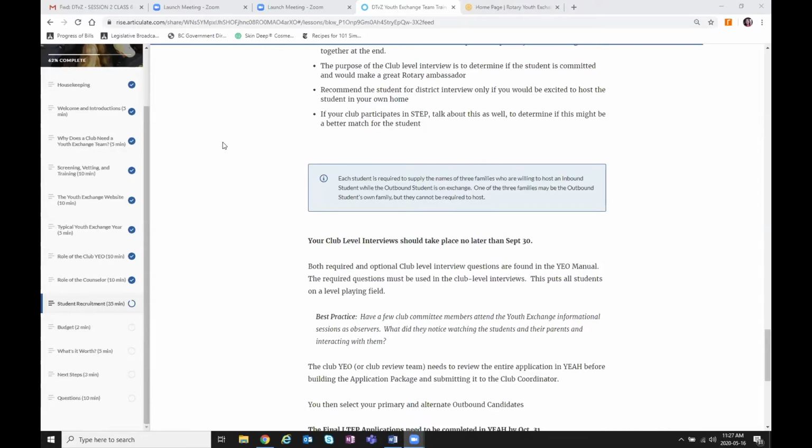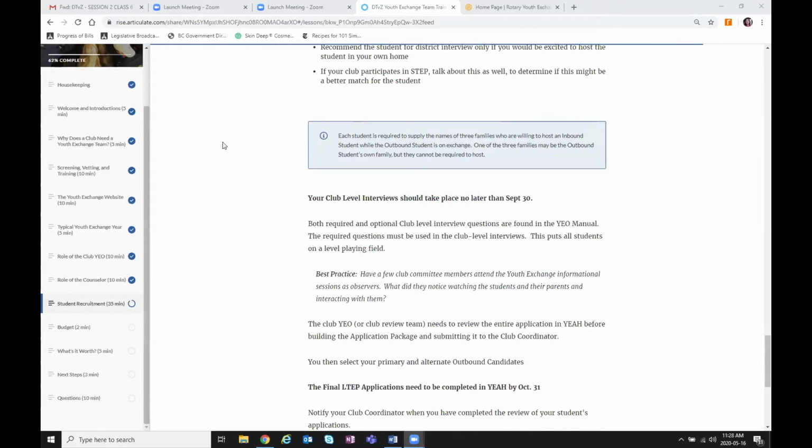It's also a great, I think I mentioned it earlier, if there's a student that you think, I don't know if he could be away for a year, but 4 weeks in the summer would be a great program. And we do have some kids that do STEP, and then, if they're the right age, they go ahead the next year and do the long term.